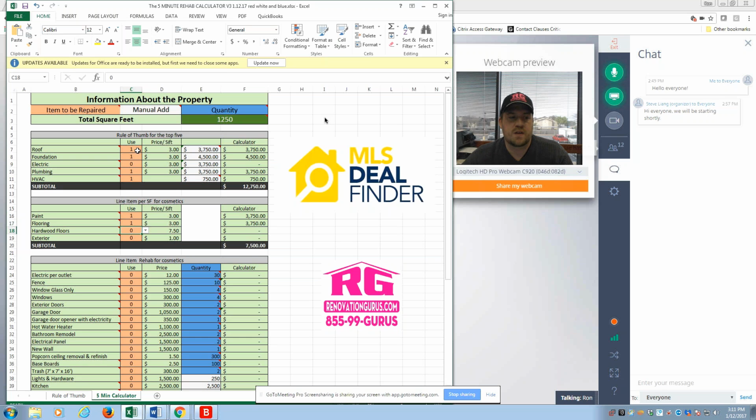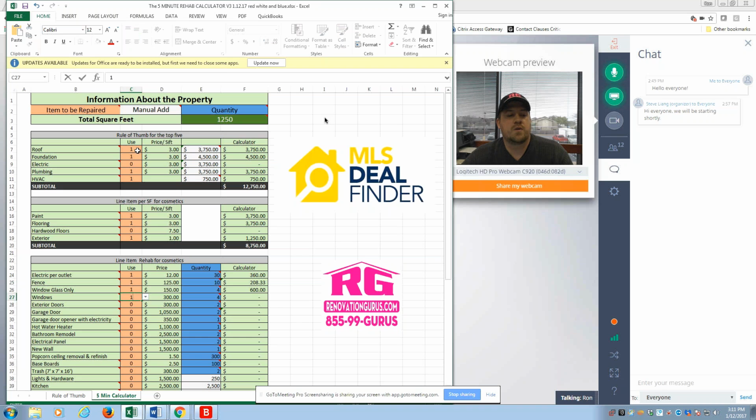Not going to do anything crazy to it, but the house needs a lot of work, okay? So we're going to fix the exterior. We're going to change out the electrical plugins. We're going to do a little fence work. Let's say we have a couple broken windows, just the pane, but then we're going to replace a couple windows